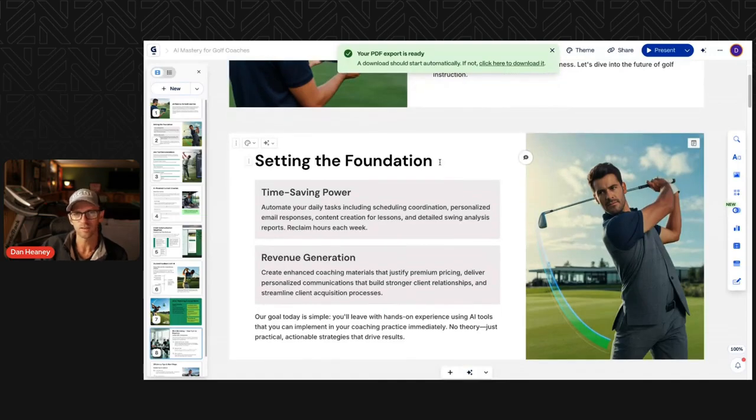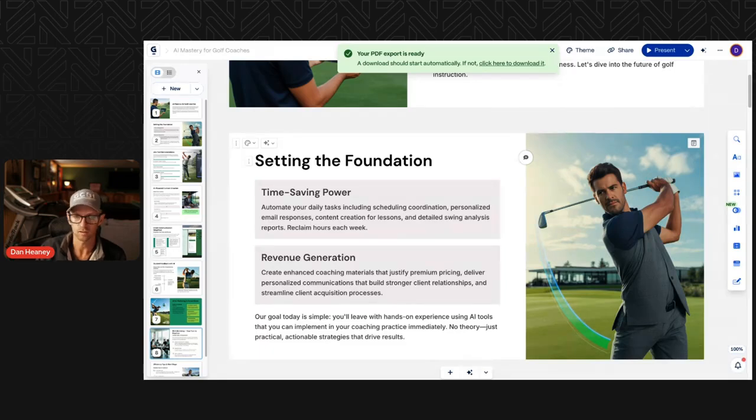But setting the foundation here of what we're going to be covering, really there's two primary functions that I think AI will fill for a golf coach that's looking to grow their business, especially when it comes to online or bridging the gap between in-person and online. There's time saving potential with using AI and automation. And then there's also revenue generation potential with using AI and automation.